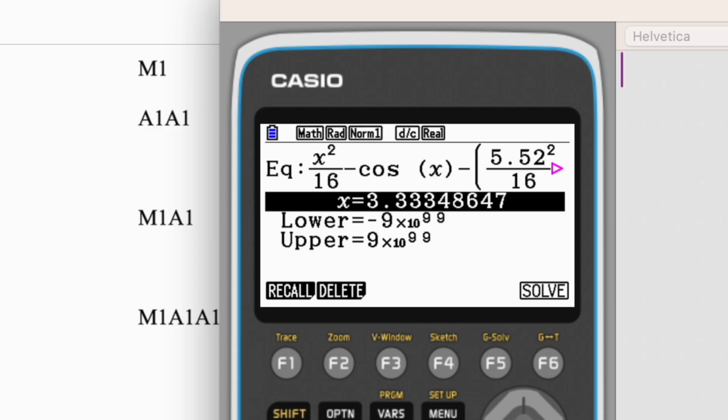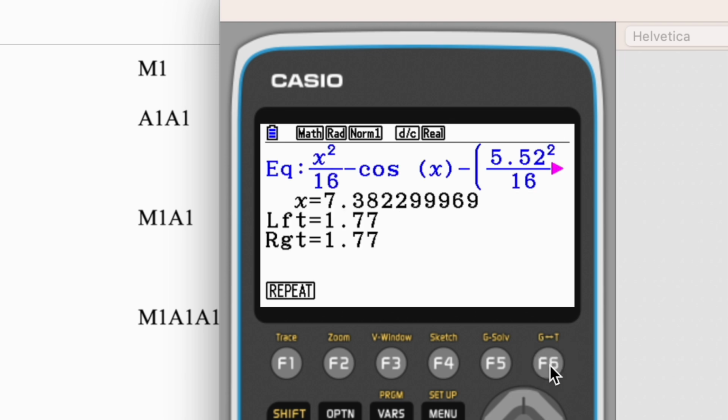So once you hit solve, some students make this mistake, they read this answer. That's not the correct answer. You need to go to solve. So click F6 and here you go, 7.38. Yes, we are very close. So 7.38 is the time if you calculate the total area. And how you can verify that? Go to your graph